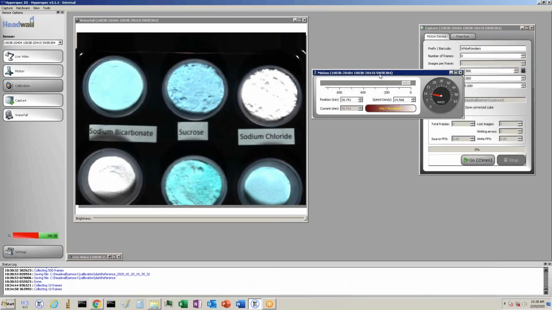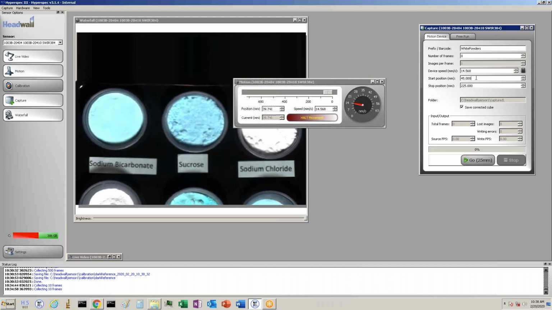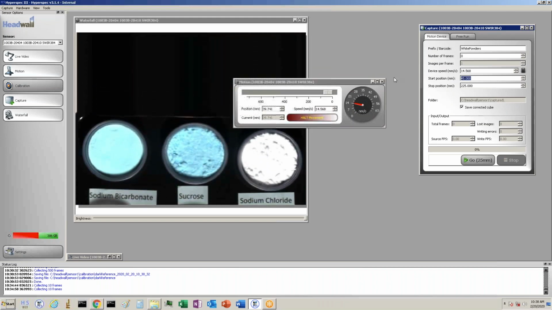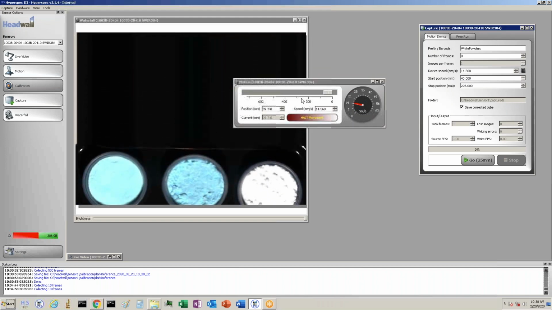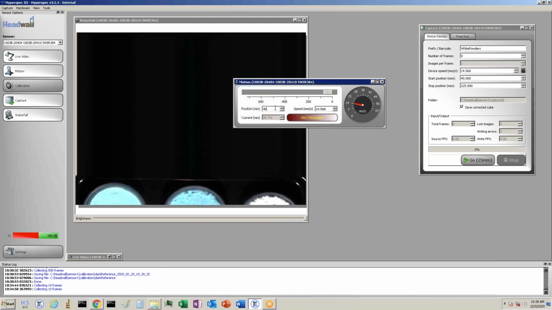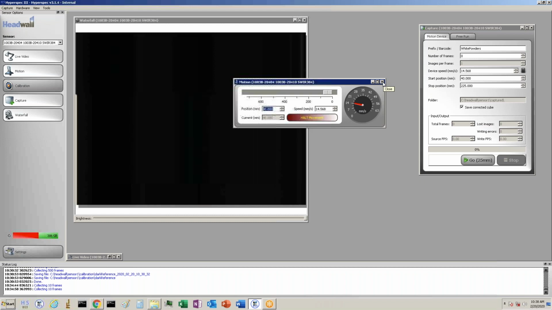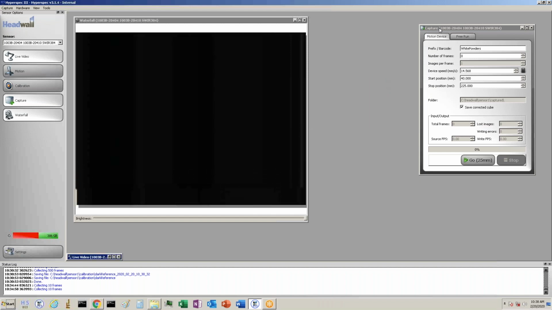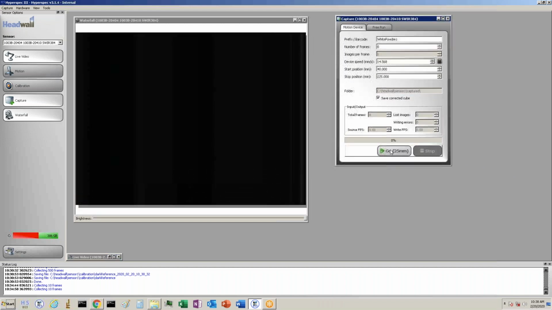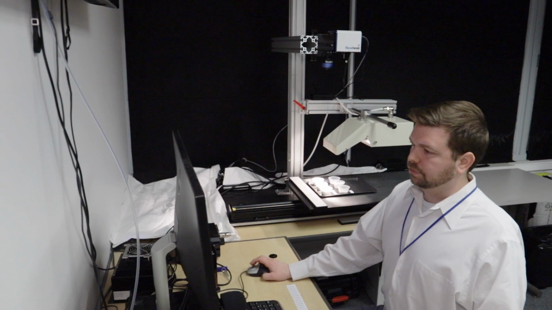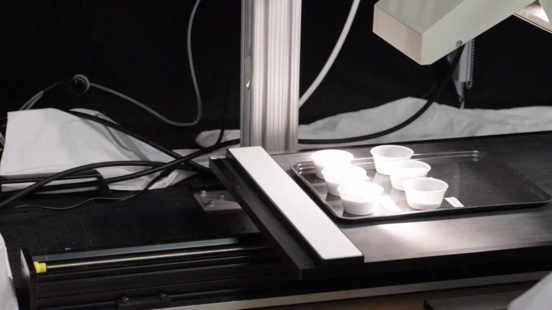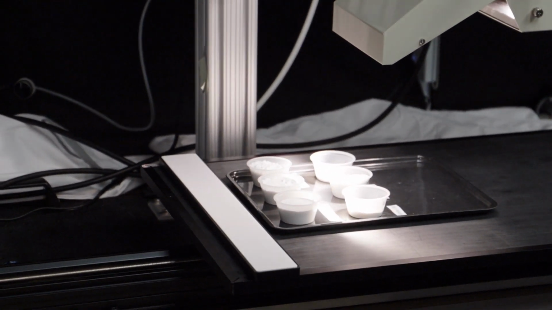And here at a position of 40, I have seen all of my image. So now that I have set my focus, my exposure, and my scan parameters, I'm ready to capture a data cube. Simply by pressing go,